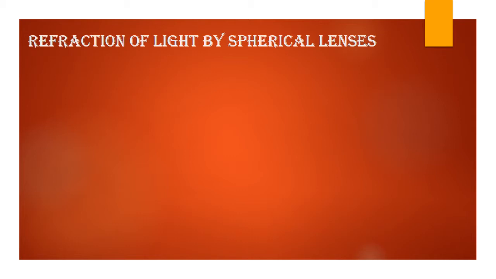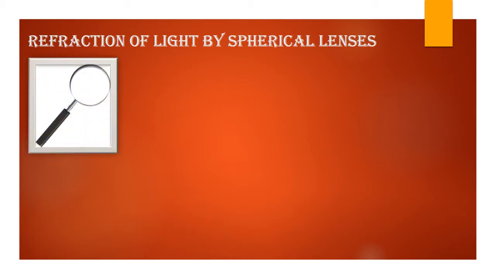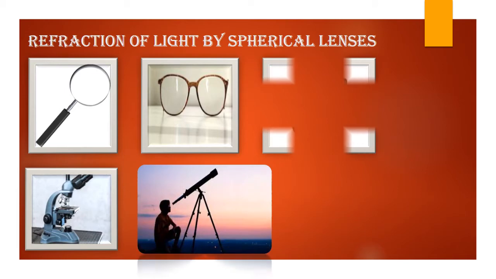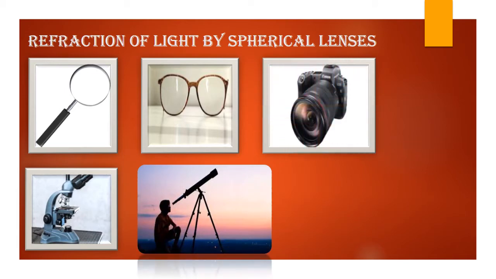Today, let us start with the refraction of light by spherical lenses. Children, hope you have studied about lenses in your lower classes. Children, we have all seen a palmist using a lens called a magnifying glass for seeing the details of the lines of a person's palm. A watchmaker uses a lens to see the extremely small parts of a watch clearly. In fact, lenses play a very important role in our everyday life. Lenses are used in making spectacles, cameras, microscopes, telescopes, film projectors, and many other optical instruments.